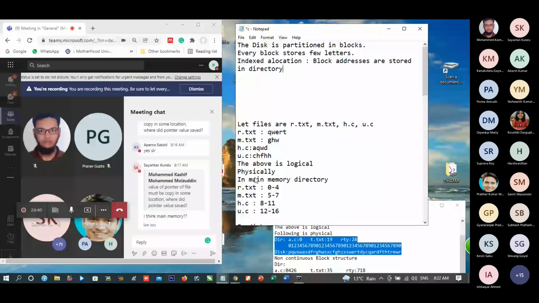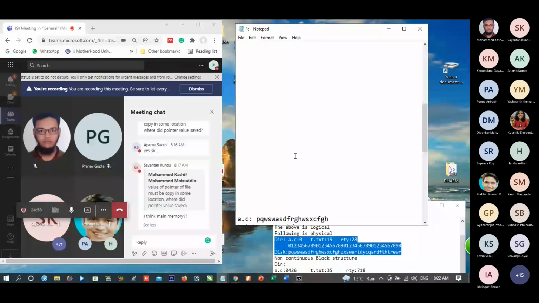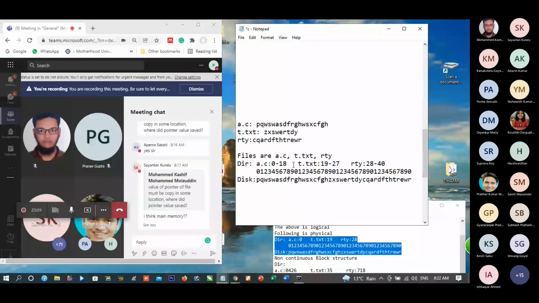Is this correct? We shall see to it. Let us take this. These are our files.